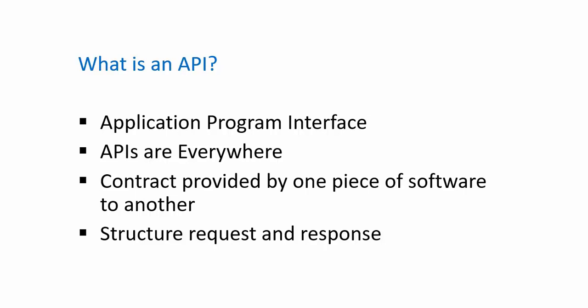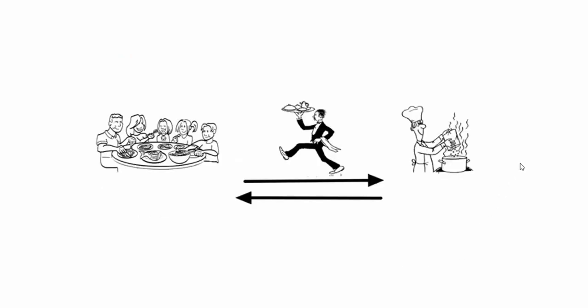So in order for us to better understand what an API is, let's have a look at the analogy that I provided here. This is the analogy that we have here. We have customers sitting at the table. Consider these customers as a client or web application, and then the kitchen is the server or the service